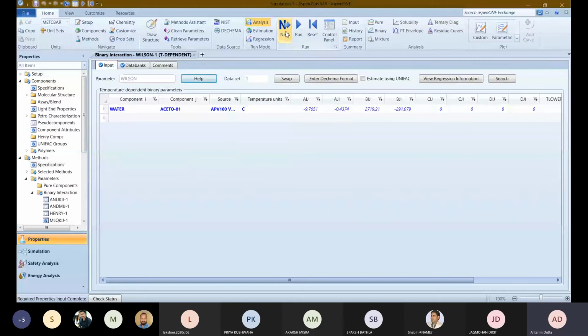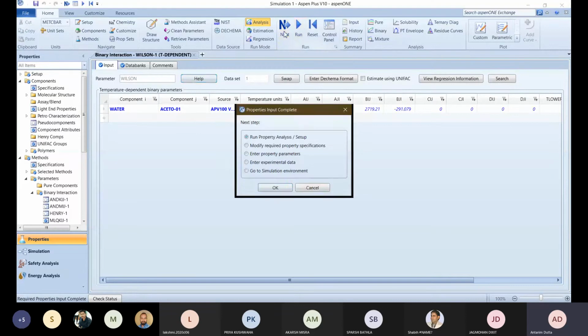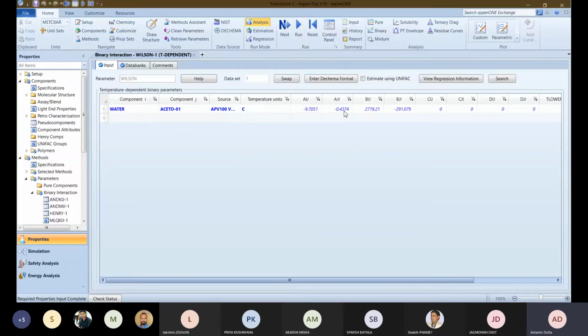सो व्हाट इट विल शो यू, it will show you, since Wilson is a non-ideal model, Wilson एक एक्टिविटी बेस्ड मॉडल है, तो ये आपको उसका डेटा आपको शो कर रहा है यहाँ पे कि भाई जो इंटरेक्शन पैरामीटर्स है उसकी वैल्यूज क्या है, for water and acetone. ठीक है, तो we will click on next and it will ask you this thing. So अभी मैं यहाँ पे फिलहाल रुकूंगा and I will just show you by performing one example. एक example मैं वो करके दिखाऊंगा कि किस तरीके से हम लोग क्या कर सकते हैं.